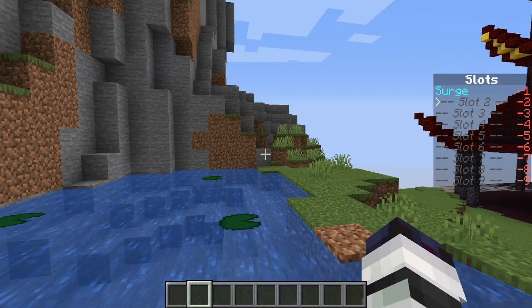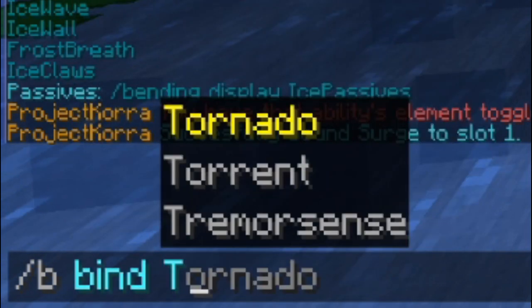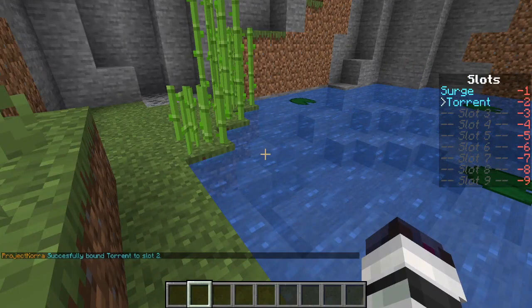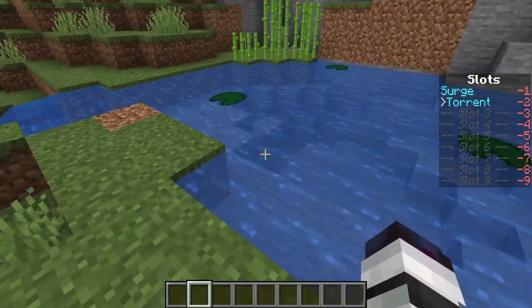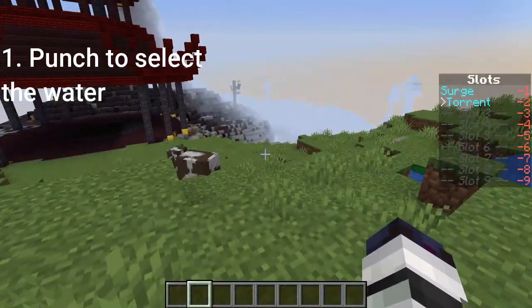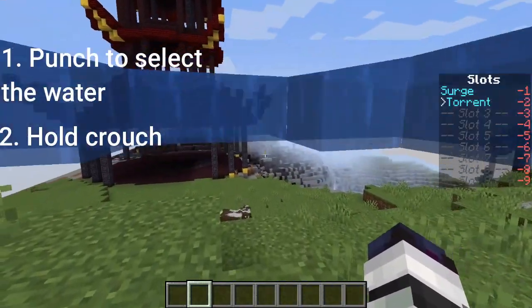Next up, we're going to bind our next slot, /B, bind. This time, we're going to use Torrent. Torrent is another one of these moves with a bunch of different uses. So first off, we're going to go over to these cows real quick. Let's say these cows are getting too close. We're going to punch to select the water. You'll see the little particles show up, but you don't have to wait for the particles. You can just punch, hold crouch. You'll see the little